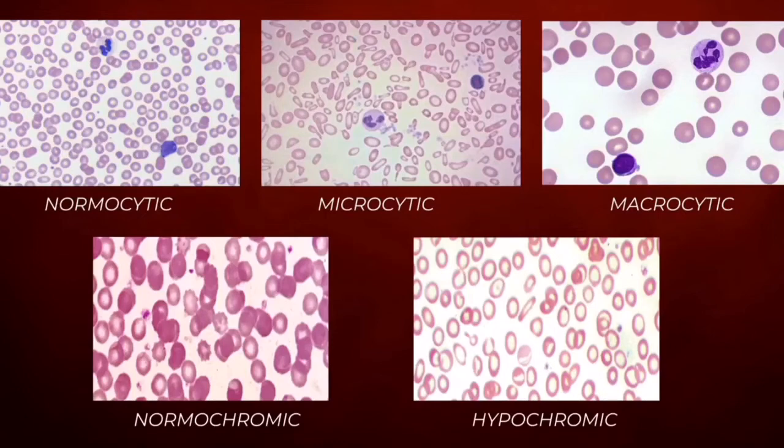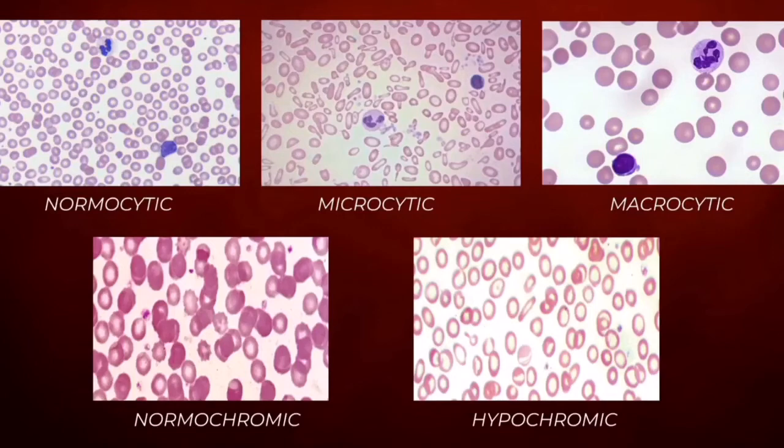Okay, the normal RBCs are very bright, but the hypochromic is very pale, and you also can see that in the center it is very pale. So that is hypochromic, and this is normochromic. In normochromic you can see the color is bright, but there is of course a lot of space where the RBCs are absent, so obviously it is normochromic anemia.